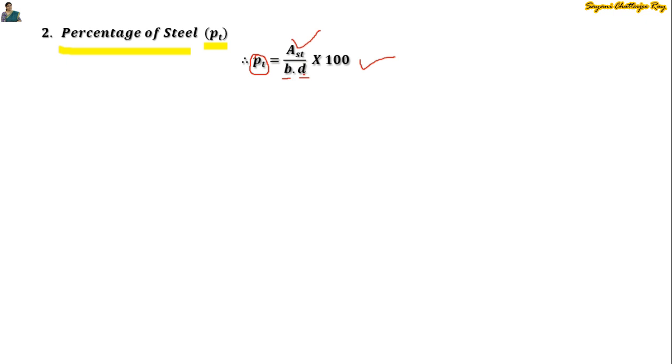So earlier we have already seen that by equating the moment of compressive area and moment of tensile area, we get Bn square by 2 equals to m into AST multiplied by D minus n. In this equation we will find out the value of AST. We will simply transfer m and D minus n on the left hand side of this equation. So the equation will look like AST equals to Bn square divided by 2 into m into D minus n, because m and D minus n have been transferred to LHS and have gone to the denominator.